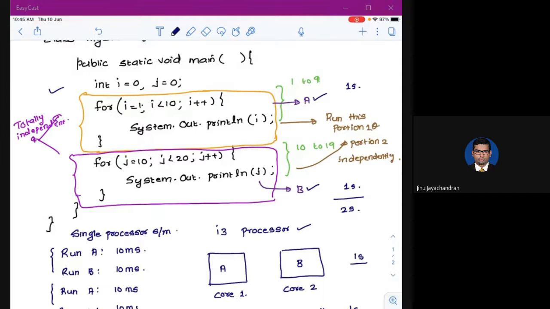How will you tell it that the orange code and the magenta code should run parallelly? For that, in Java, you have a separate class called Thread. If you implement that class, it is equivalent to telling the operating system that these two programs should run parallelly. We will see an example of this, then you will understand.